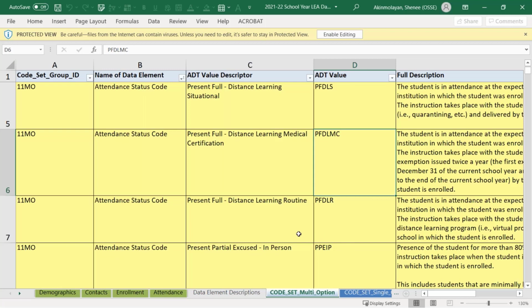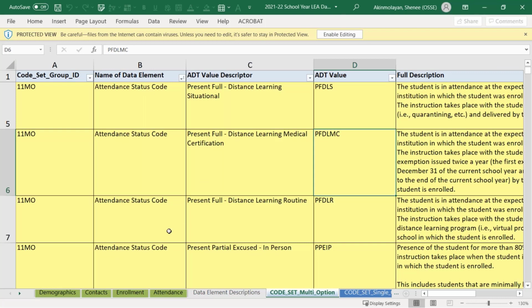The distance learning routine is really around those schools, specific LEAs that got approved for online learning for this coming academic year, and that approval does come from the Public Charter School Board. I hope that was helpful here, but I'll save the rest of this deep dive conversation for this Thursday LEA data discussion meeting, where we'll have the policy owner on the line as well that can do a deep dive